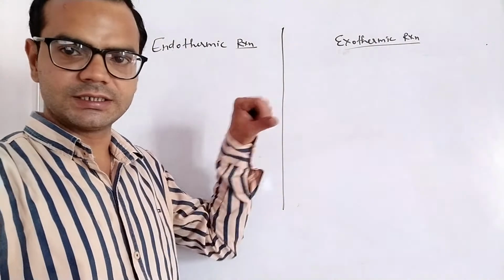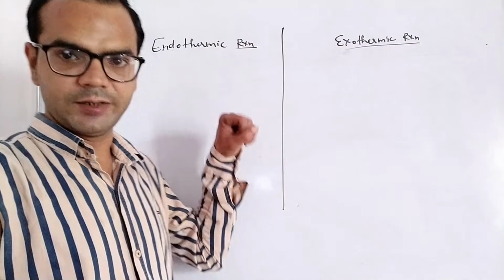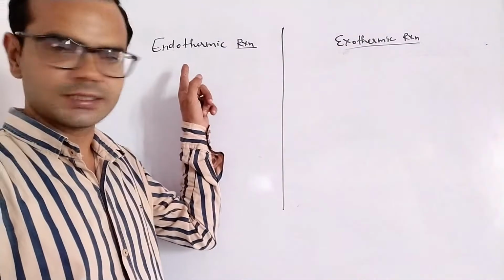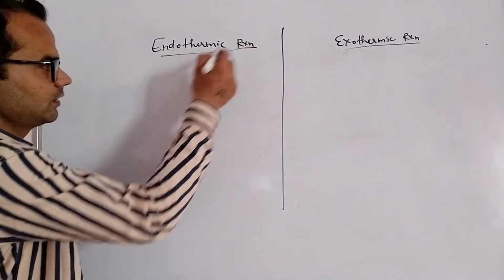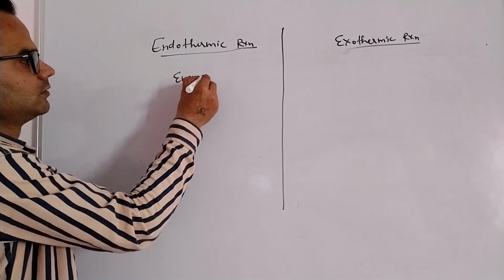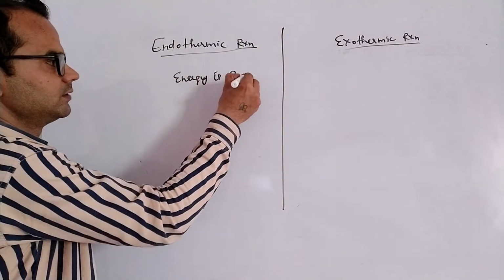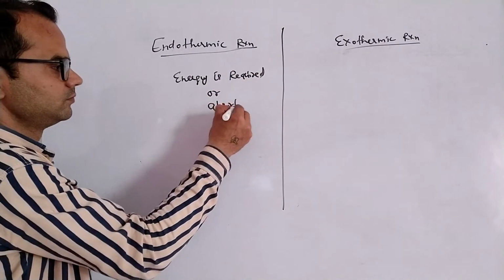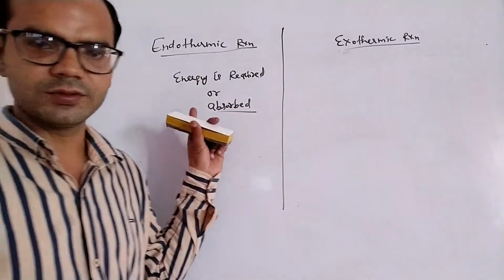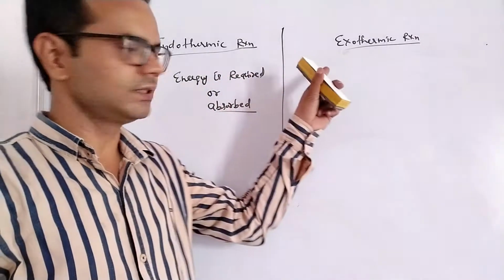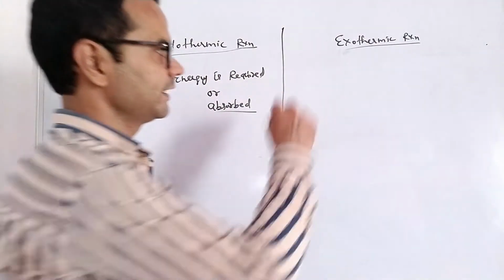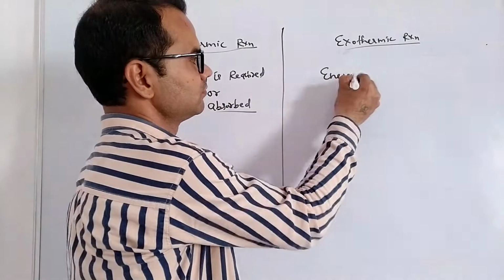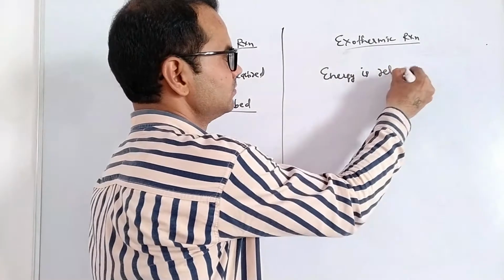If during a reaction energy is required or absorbed or gained by reactant molecules, then the reaction is called an endothermic reaction. Here energy is required or absorbed by reactant molecules. But the opposite, exothermic: if during a reaction energy is